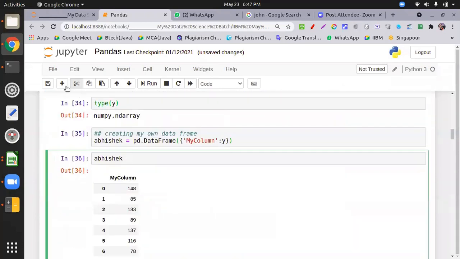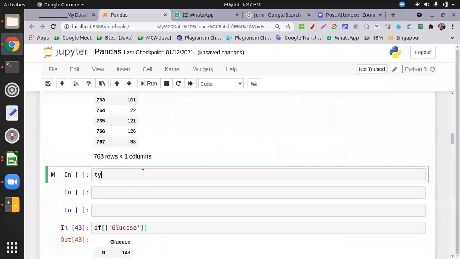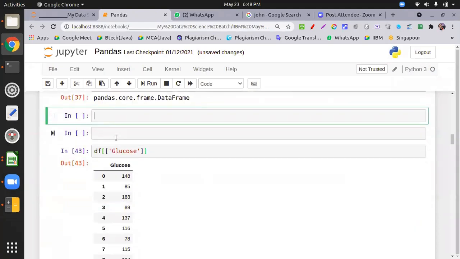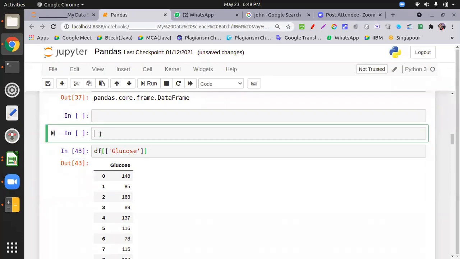Now if you check the type of this one, it is a data frame. So keep this in mind: how to switch back to NumPy, and how to switch back to a data frame. Now I just access one column, df glucose.